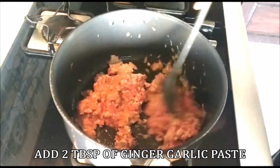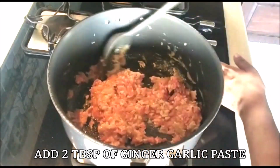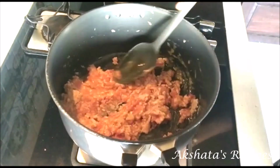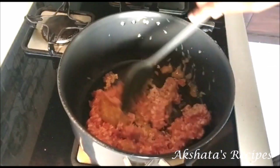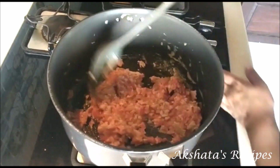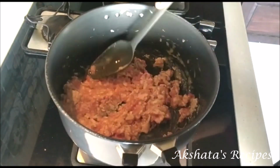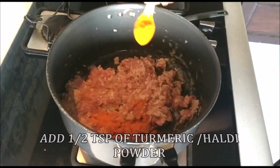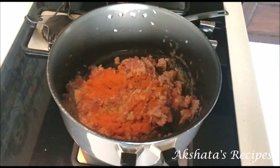Then I've also added 2 tablespoons of ginger garlic paste to this mince, and I'm going to mix the two of it really well together and fry it for about 3 minutes till the mince cooks really well, or the keema. Now I'm going to add half a teaspoon of haldi powder or turmeric powder. Next we'll go in some salt to taste,